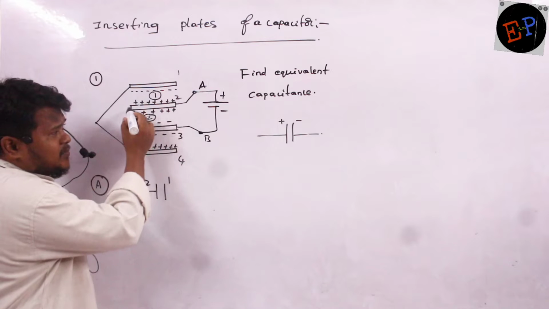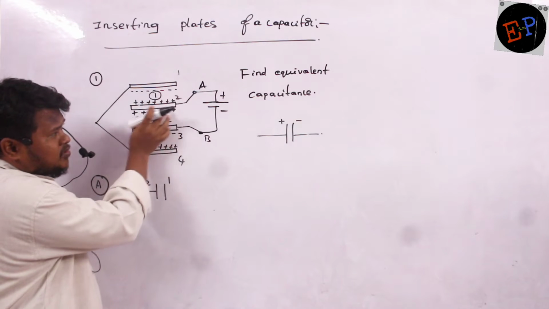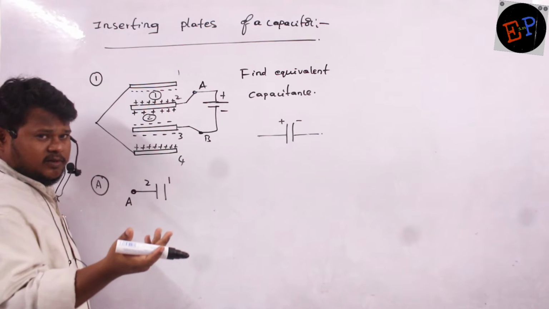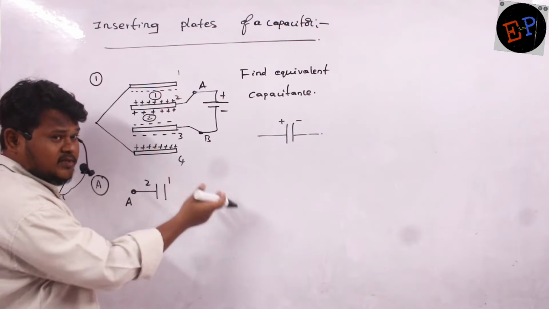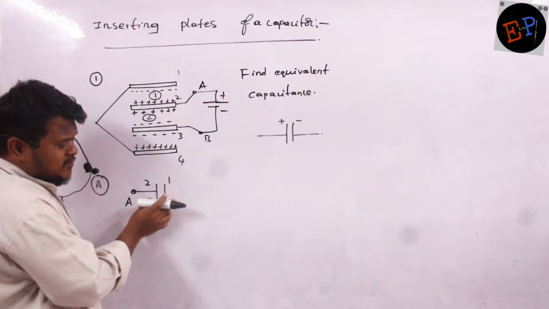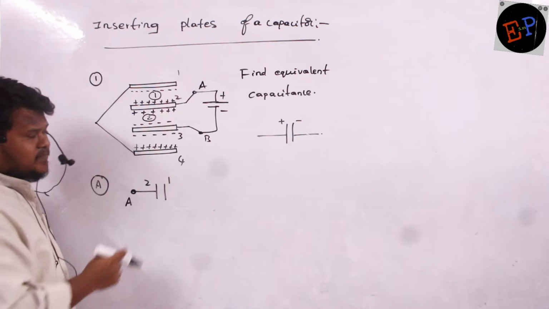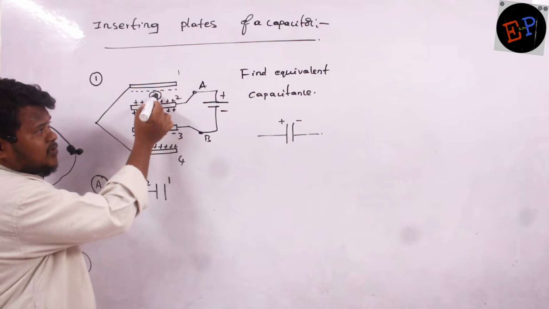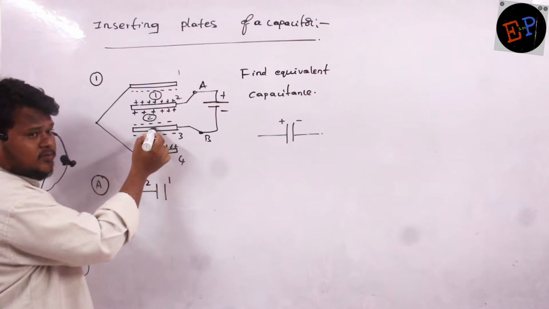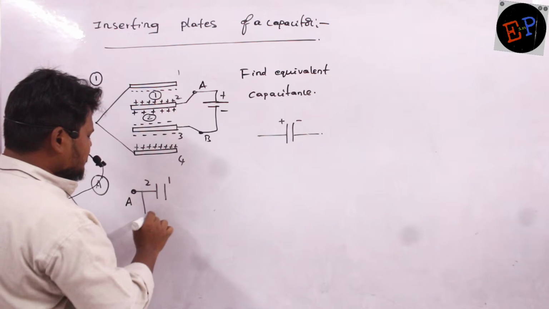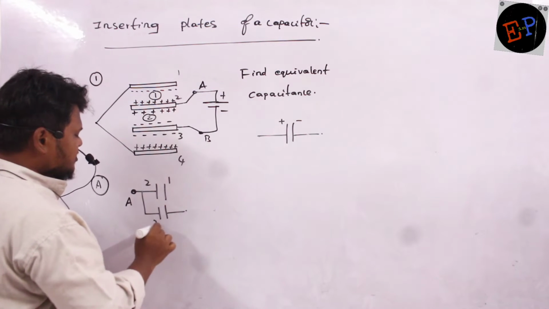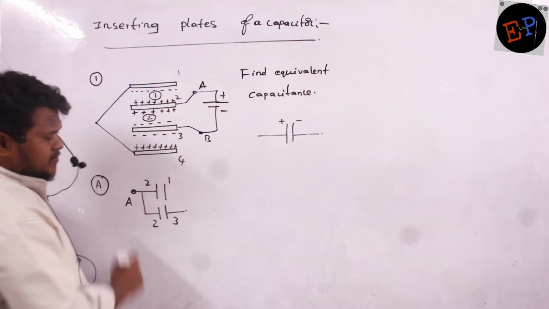Sima, this is the second plate, no? And on the total second plate, there will be equal potential, no? If I connect this in series connection, then the potential of the first capacitor and the potential of the second capacitor will be different. Okay, but this plate is common to 2 1, and it is common to 2 3 also. It means that these capacitors should be connected in parallel connection. So this is 2 and this is 3.